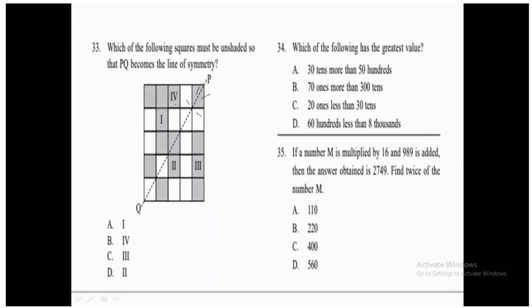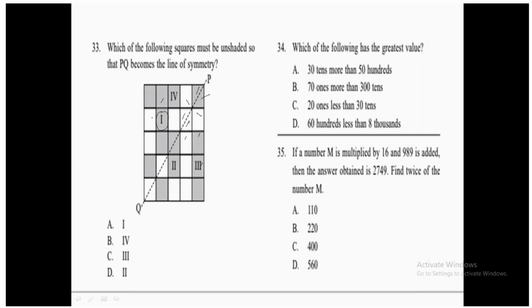Now if we are moving here, so this is this, and the symmetrical part of this should be this only. Now symmetrical part of this will be this, and symmetrical part of this will be this. Now if we are moving towards 1, so what we can say is that this has this symmetrical part, this has this symmetrical part, but this one has no symmetrical part. Okay, if we are going to unshade